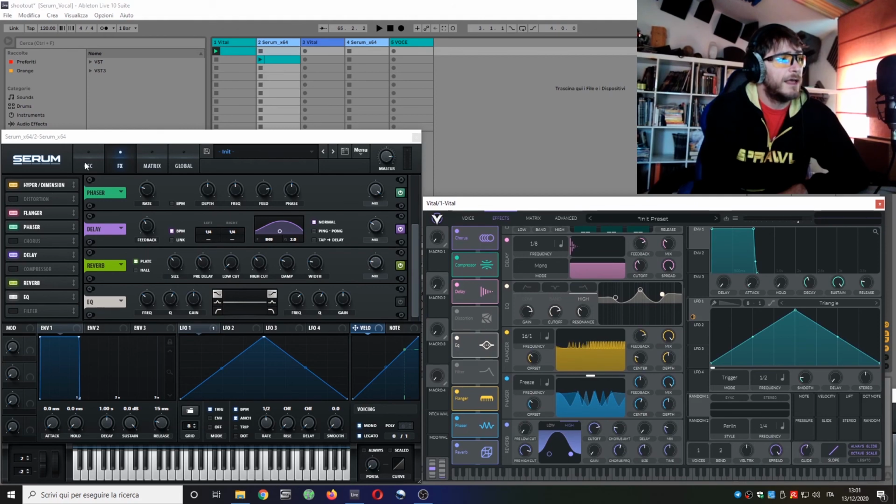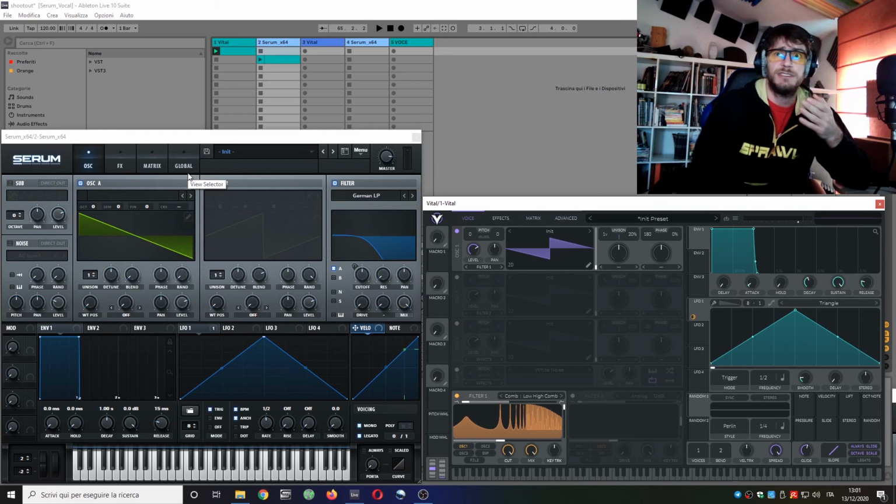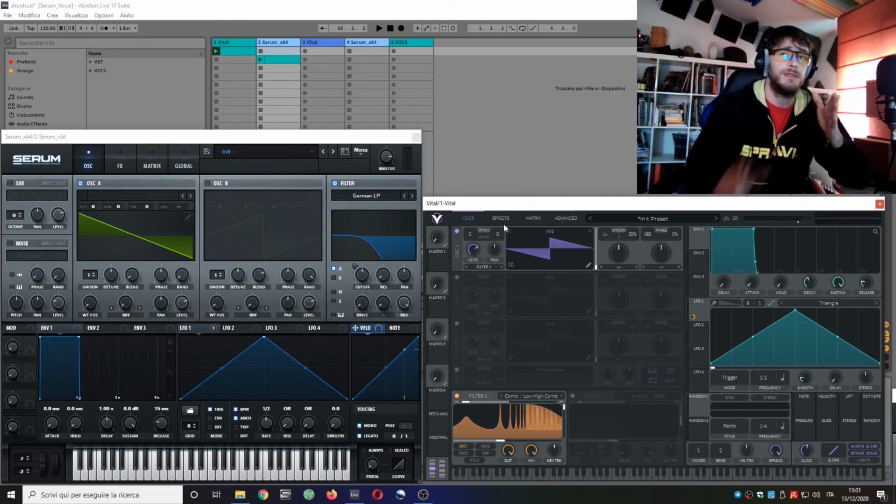Now, one thing I have to object to in Vital's architecture is that, you see, Serum is a simple synth. Some say it's a dream wavetable synth. Yes, it is. But at the same time, it is designed to be simple. It is intended to be simple. It has few oscillators. It has only one filter. So it does make sense that effects are just routed serially, one into the other, and then go again. Here, you have 2 filters. You have 3 oscillators. You have a lot of different possibilities, and I would definitely welcome a chance to send